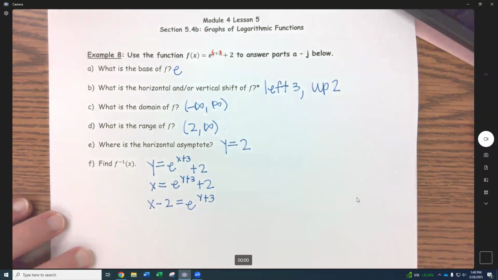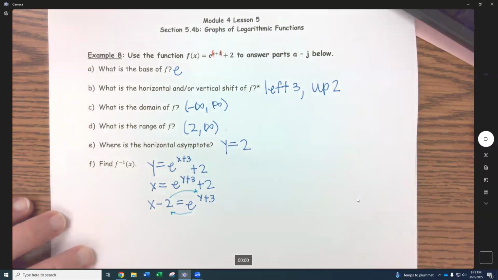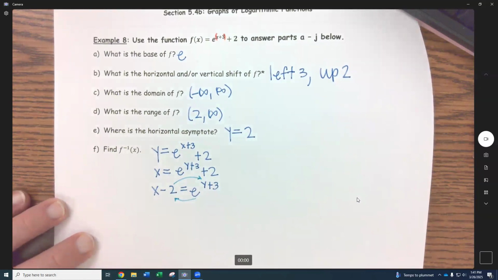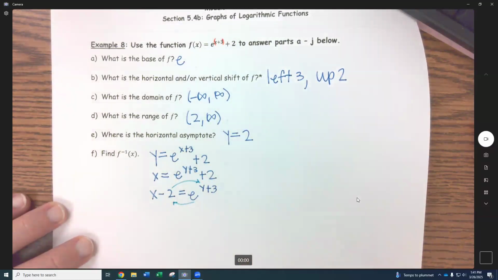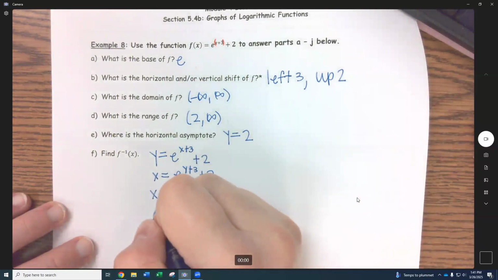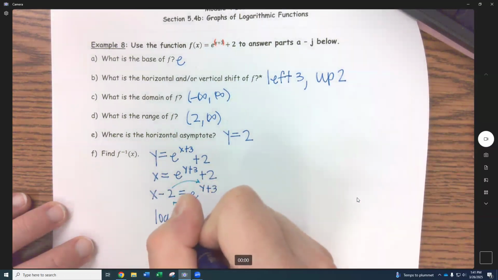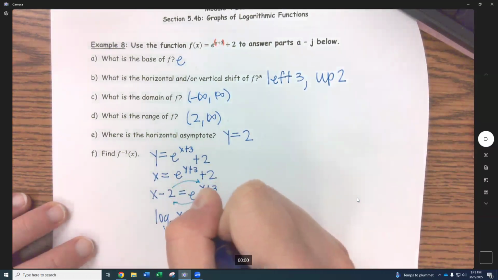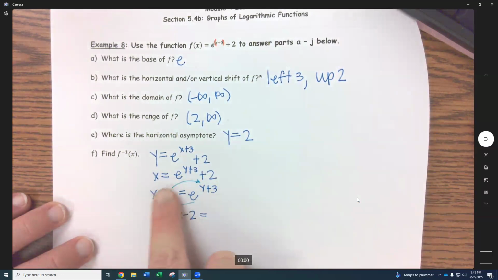Okay, I have no way of solving for a variable inside of a log, and I have no way of solving for a variable when it's in the exponent position. So we're going to rewrite this. I'm going to go the long way, but if you don't need to write this middle step, you don't need to. When I rewrite from exponential, we're going to write it into an equivalent log. So this is a log with a base e of x minus 2, because we're going base to the other side of the equals, and this will equal